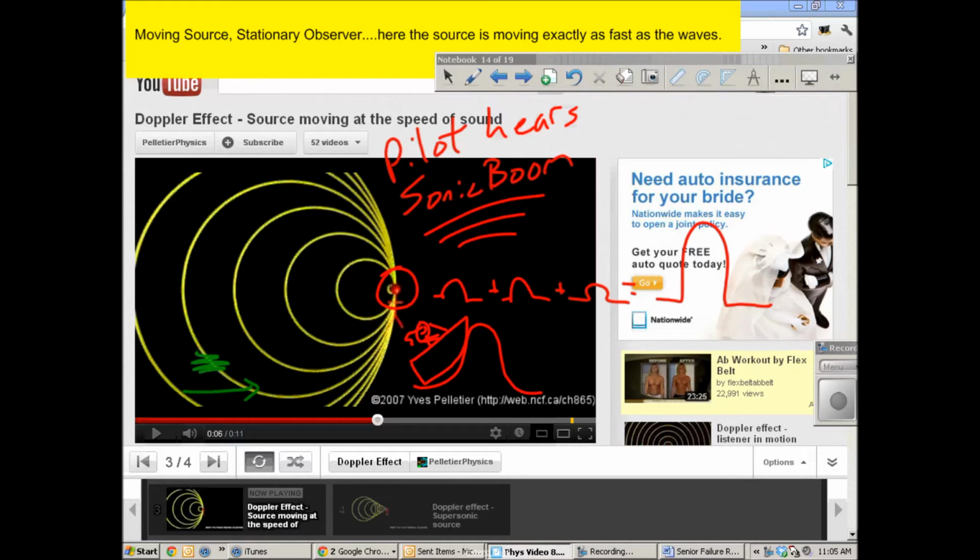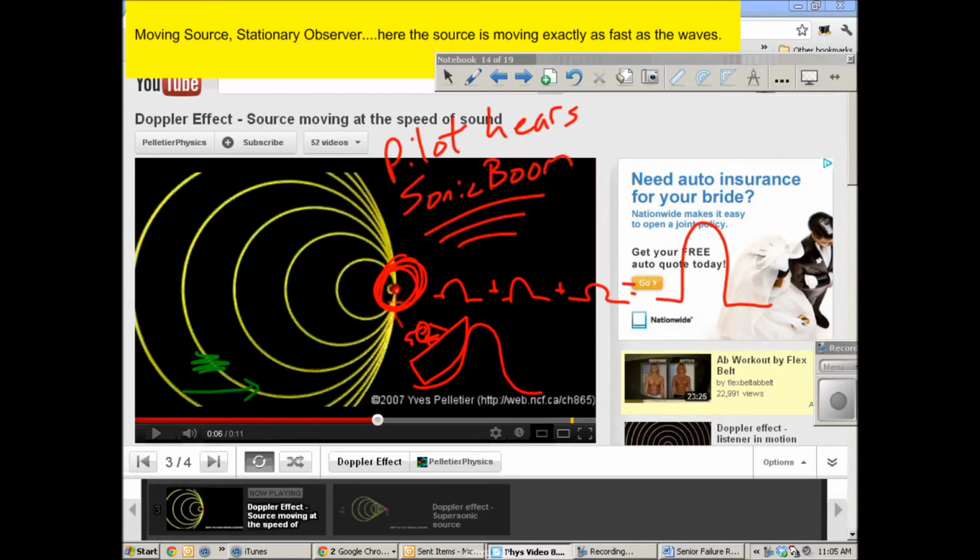But that's just when the pilot hears it, all right? And it's a result of the fact that he's hearing all of these sounds simultaneously, and he hears what's called a sonic boom. It sounds like a thunderclap. It's sort of him catching up to all the sounds that he's produced simultaneously. Okay? So that's what it looks like if the source is moving exactly at the same speed as the wave